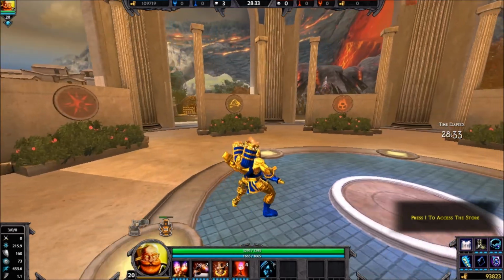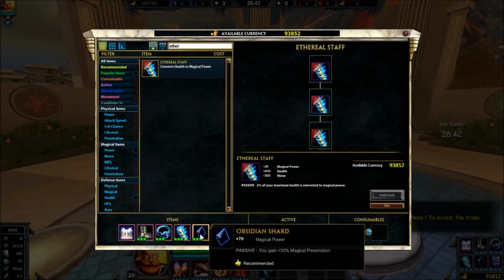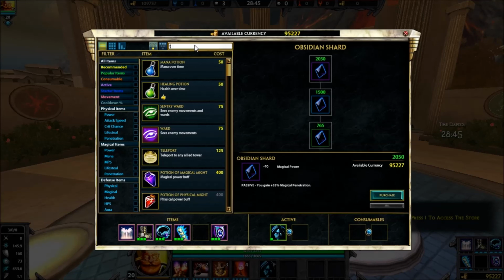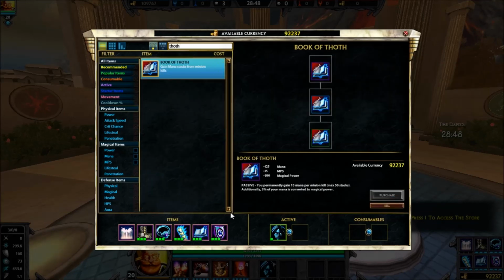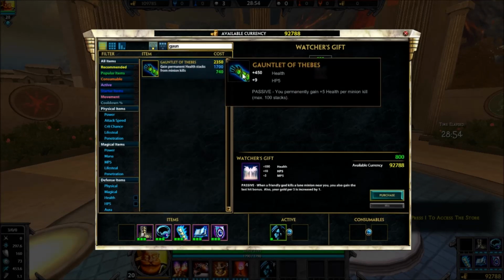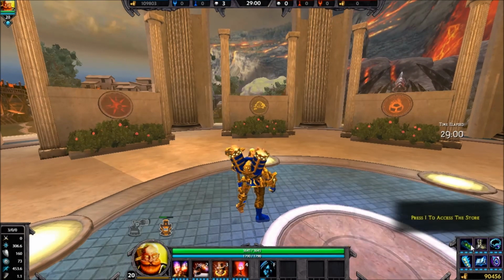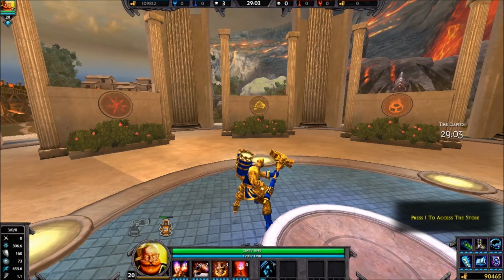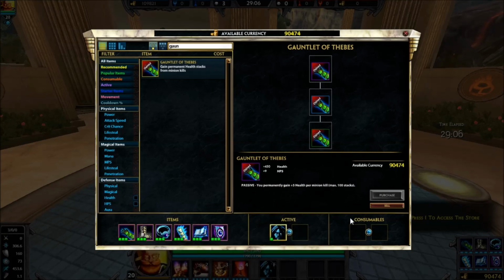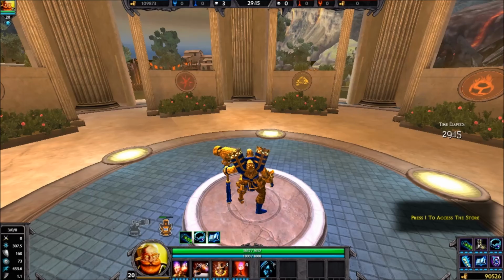But if you got Warlock Sash, which increases health, and you got Book of Thoth, which increases mana and magical power, it'll just be crazy synergy between these items. I think you'd end up with a really, really high attack and defense. So that's something I'm going to try out later. I'll link to the video in the description, but yeah. This is just a crazy, I'm going to get so many stacks solo lane build. I probably wouldn't advise this in a regular game, just if you're having fun. Gauntlet of Thieves, it's really the last pure health item in the game, but oh well. That's okay, I used to play it on Hades a lot, but...